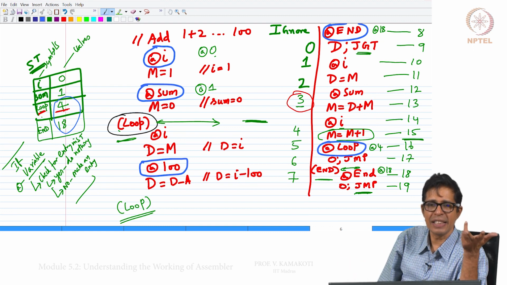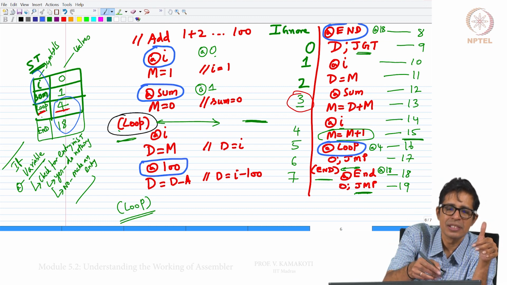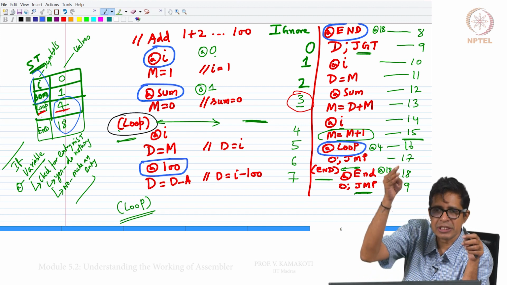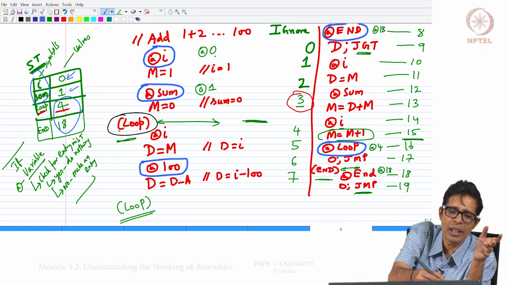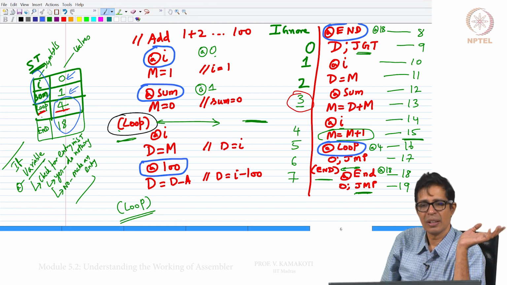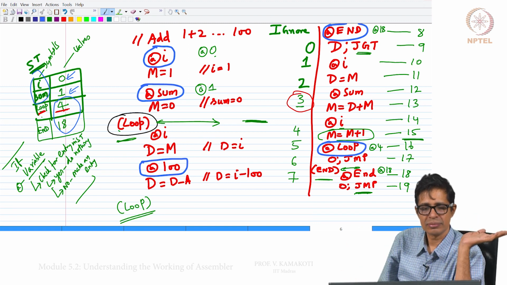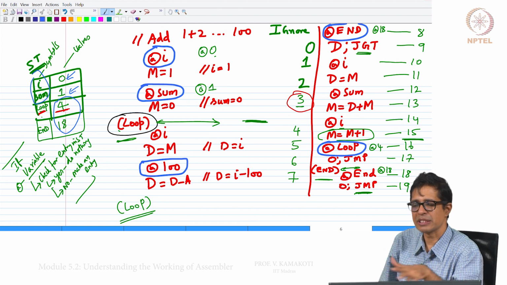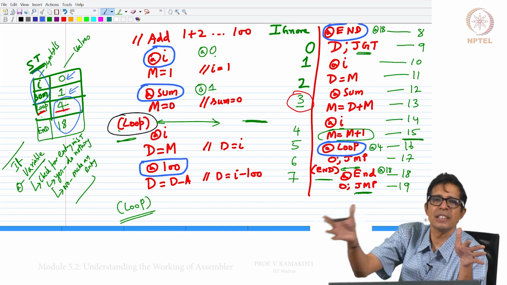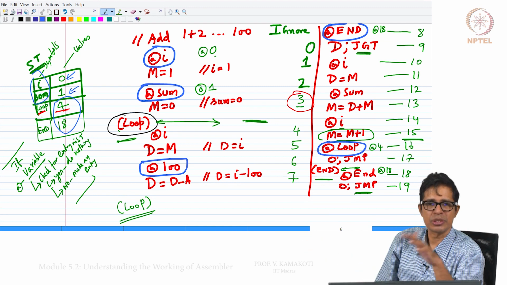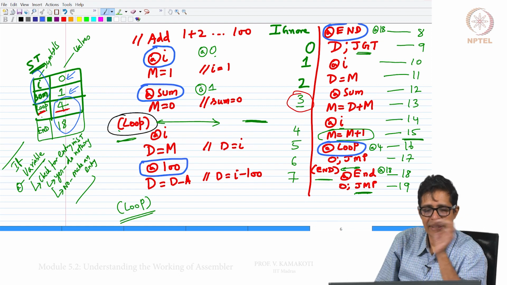And for the remaining ones for which the values are not finalized, in this case I and sum, you just sequentially assign them starting from 0. So, I will assign I as 0 and sum as 1, and if you do that, then essentially the resolution of the symbol is over. Once I have that resolution of the symbol done, it is now a more straightforward conversion during pass 2 of your assembler. So, this is pass 1 of the assembler.